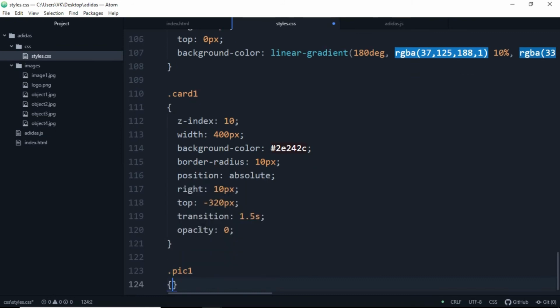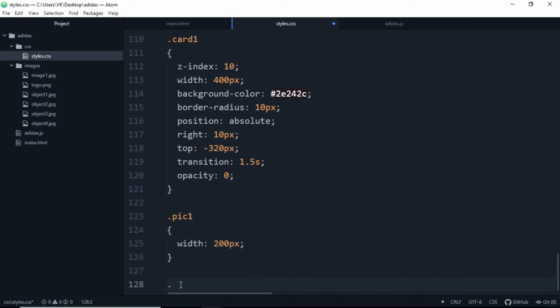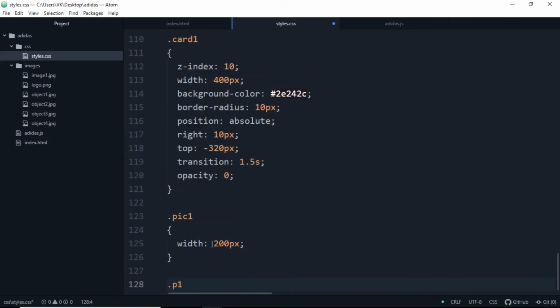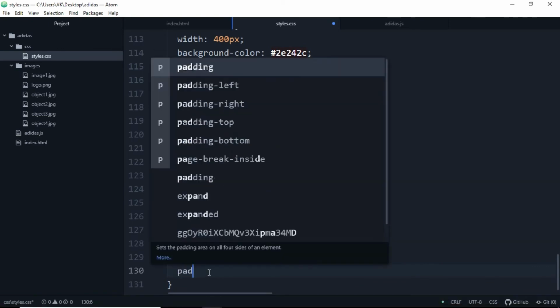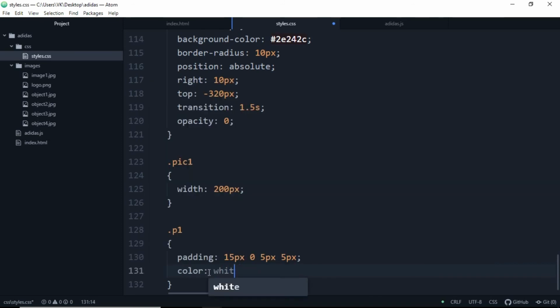So now let's access the pic1. Its width should be 200 pixels. Let's access the para tag here, that is P1, which has padding of 15 pixels, 0, 5 pixels, and 5 pixels from left. Color will be white.